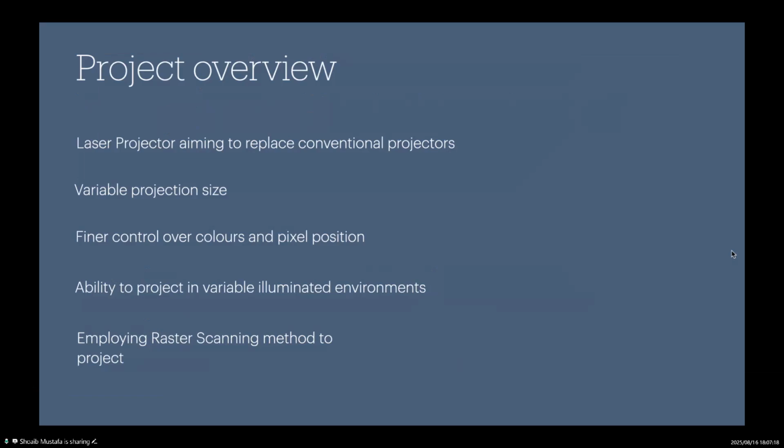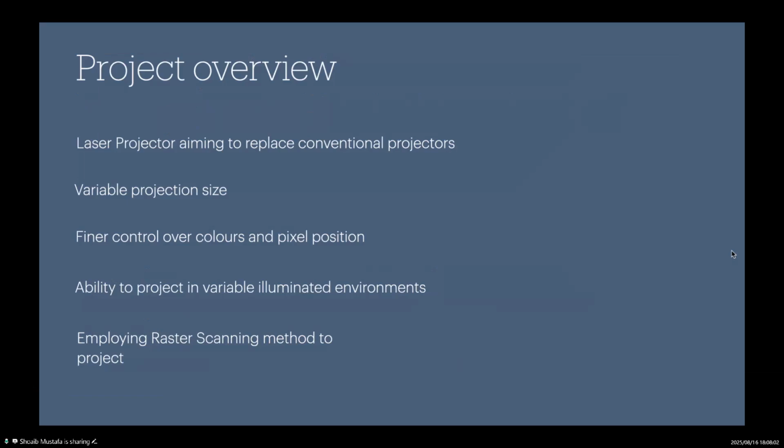The need for this project arose by looking at current projector technology, which is really limited by the colors that it can produce, the surface dependency, and usually the big size of it. So we decided to not reinvent it because this was already present, but try to improve it by adding some RGB functionality into it, so that we can have projection onto different surfaces. This would allow us to have variable projection size, to project onto very small surfaces and also very large and far surfaces. It would allow us finer control over colors and pixel positions and variable